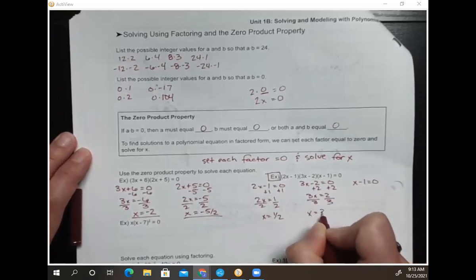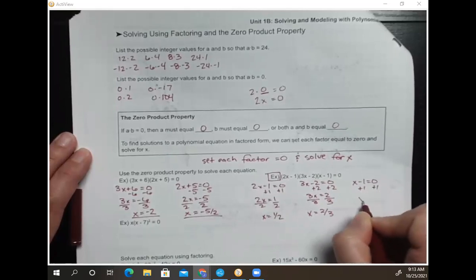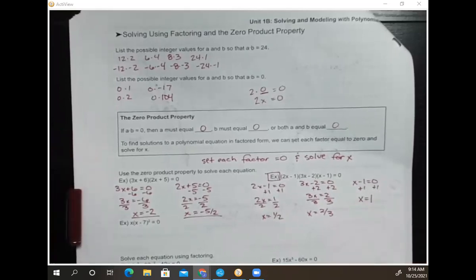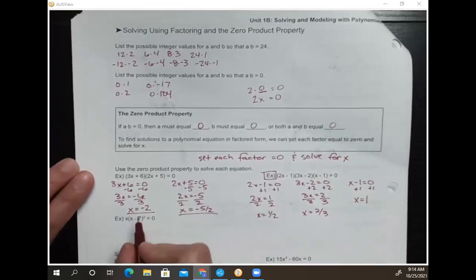My second solution is x equals 2/3. And my last solution is x equals 1. Questions there? Okay. The last problem in this chunk has some